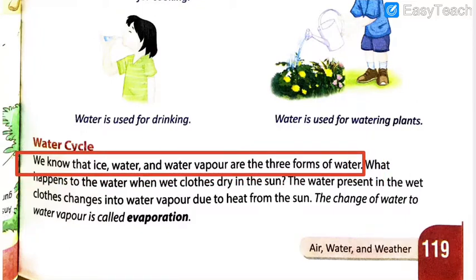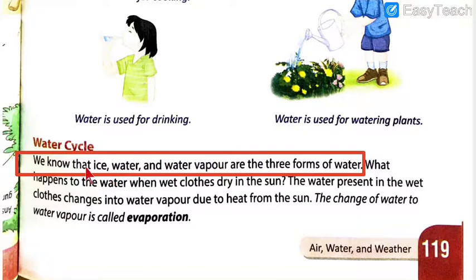Then obviously there is drinking water. Can you live a day without drinking water? No. You can live for a few hours, not for 24 hours. If 24 hours, you will go mad without water. So water is much more important. Then in the picture you can see here, a child is watering a plant. Why so? Only then will the flowers blossom and the fruits come on the tree, correct? So in all these parts we need water. Without water this could not be done.